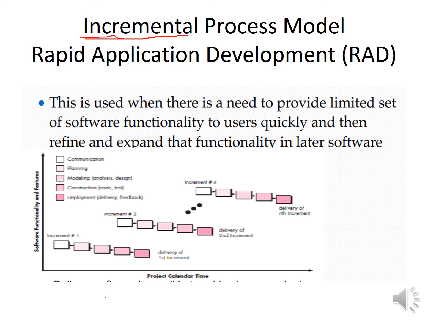You can make only a little change in your current module or that appropriate module, and you can use that module for the next increment. This is the very basic and important facility given by the incremental model. Side by side there are two axes given, that is software functionality and features. While handling the incremental model, for every small module we can use the functionality and features very wisely, because we have to think only about that module at that time.